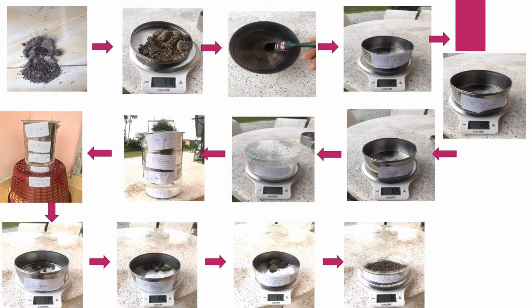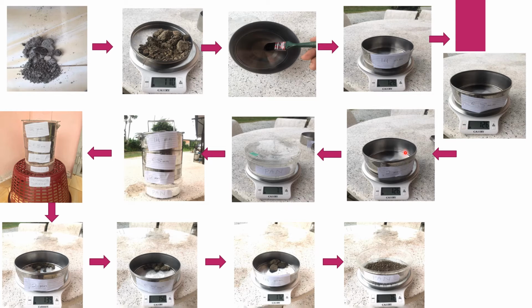This is the picture of the test that I did. For the first step, we need to prepare the dry soil sample. Then we record the weight of the soil sample. After that, we clean each of the sieves to be used,